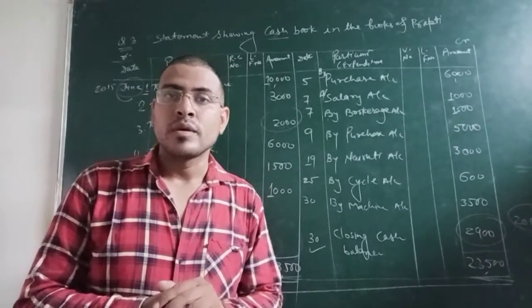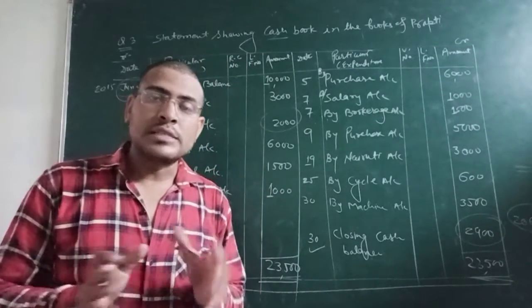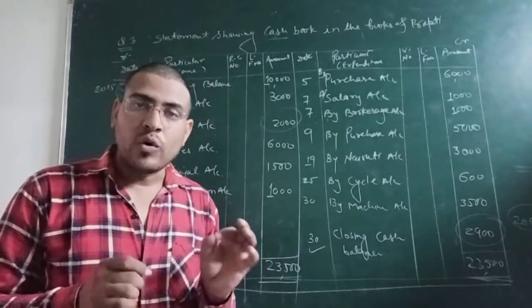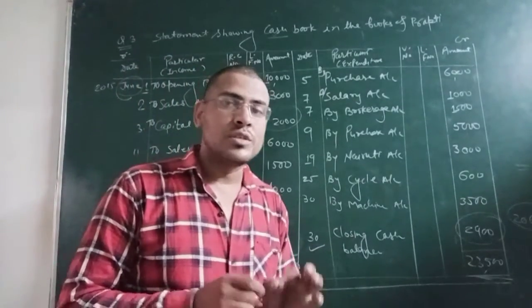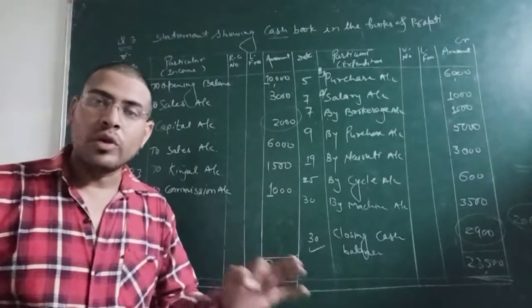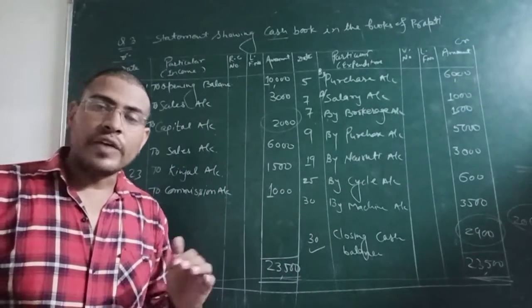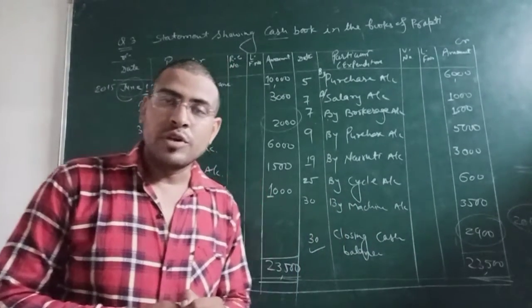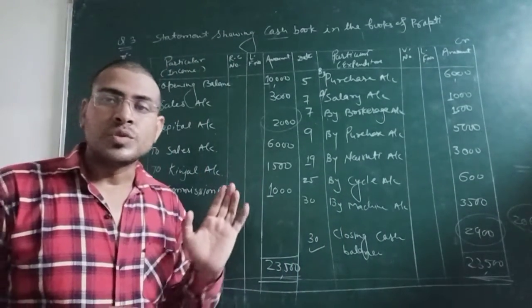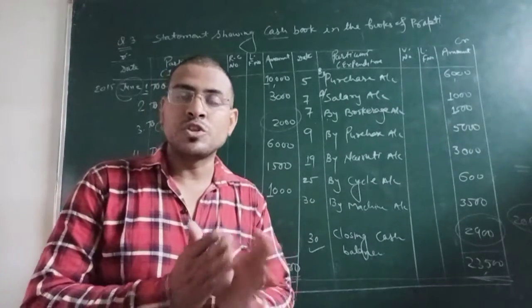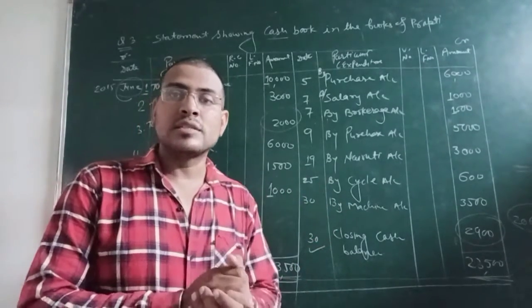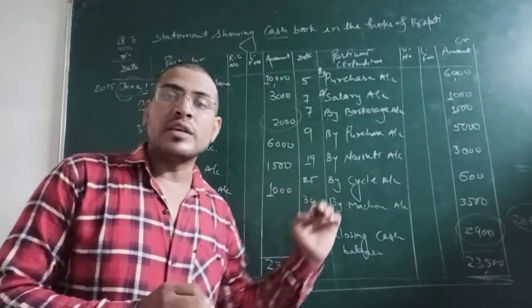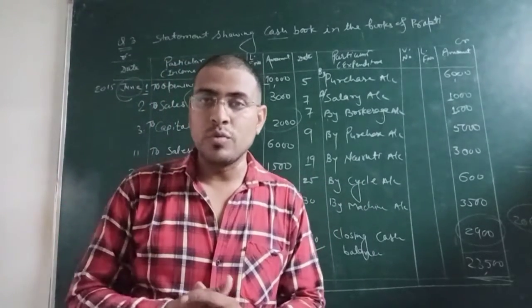So friends, what is cash book we should understand first of all. In cash book we only record those transactions which are to be dealt with only in cash. If any transaction is dealt in credit, that will not be recorded over here. These are very simple questions that are asked in the examinations. I must say this is even easy comparatively to the subsidiary books.